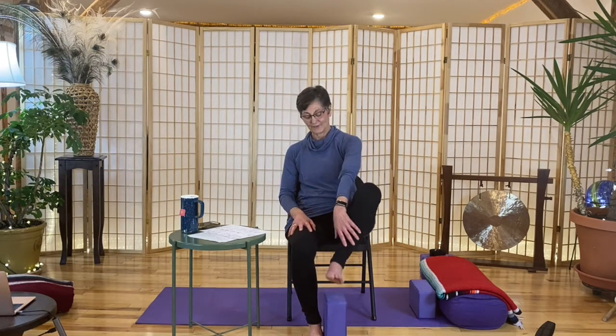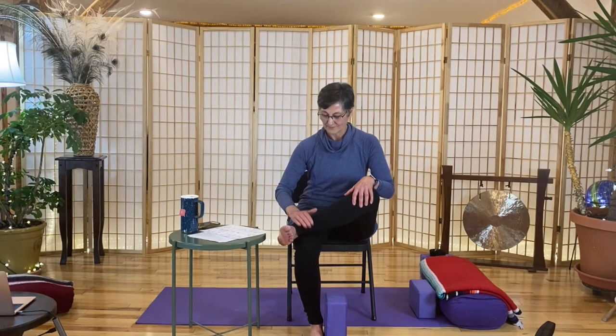Once again, if you have that in your practice, to bring that leg up, and you can see my leg is very different from side to side, keeping that foot flexed to protect that knee. And let's look at this foot, and just noticing this foot, give it a nice little rub. Let the toes get a little bit of a workout here, moving those toes,